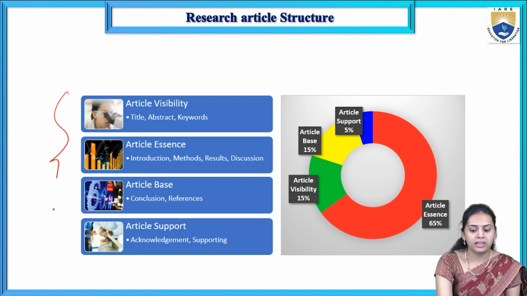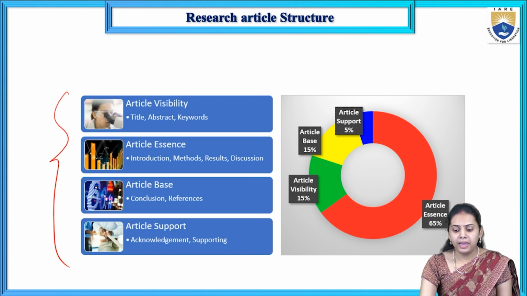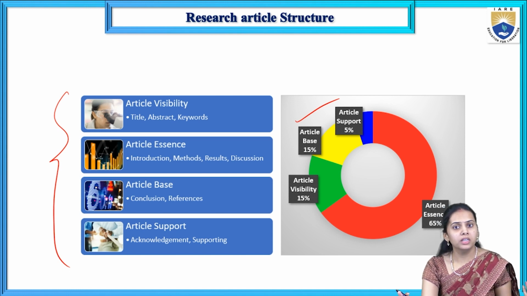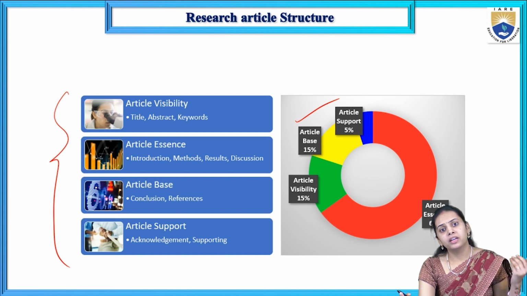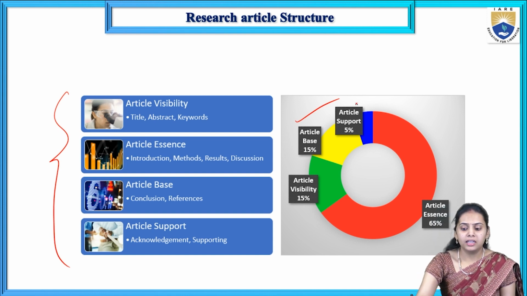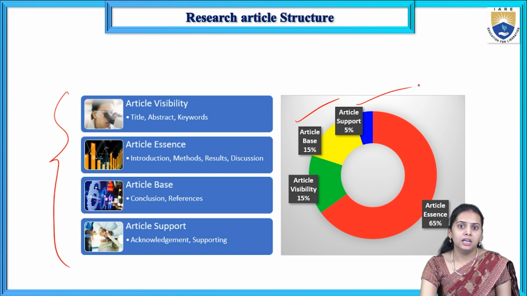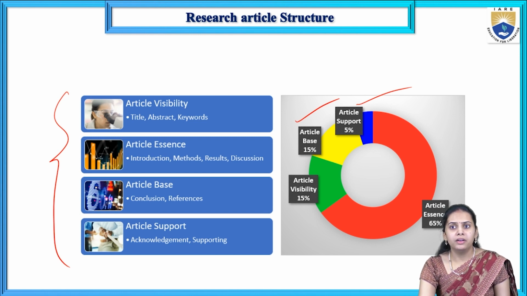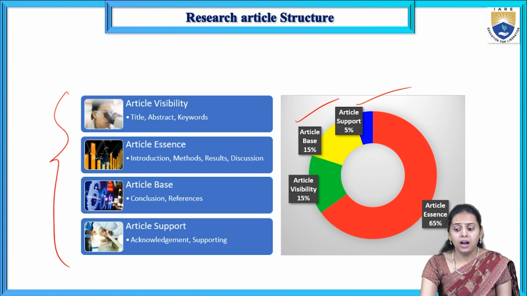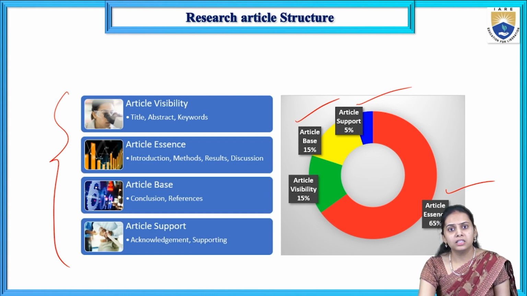Article support gives acknowledgement and supporting. See, in these four factors, the article base covers a 15% ratio, because it has only conclusion and references. In our work we are concluding, and what we referred to for the collection, we are mentioning, right? Article support covers 5%, because generally we are acknowledging who supported us, either an organization or an industry, and we are acknowledging our work. Whereas article essence, which plays the major role in writing a research article, is 65%, because the